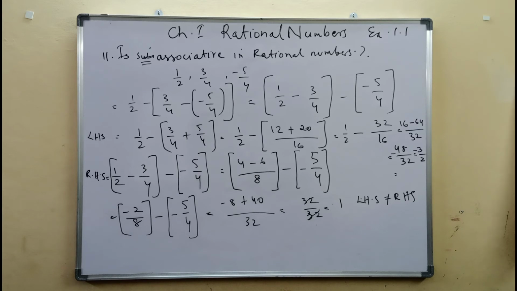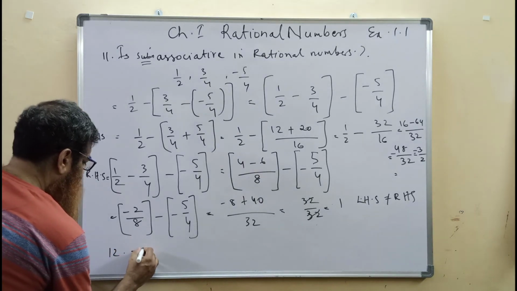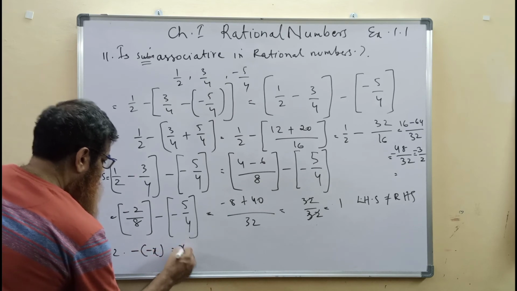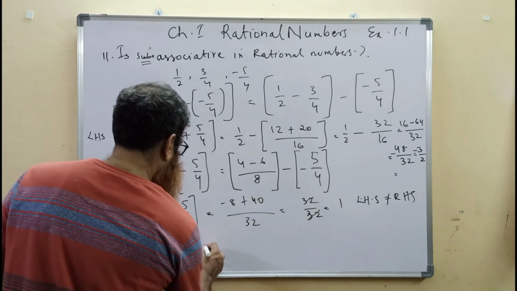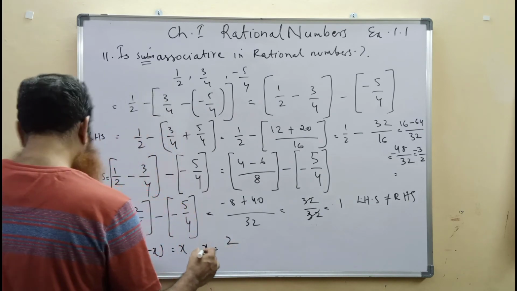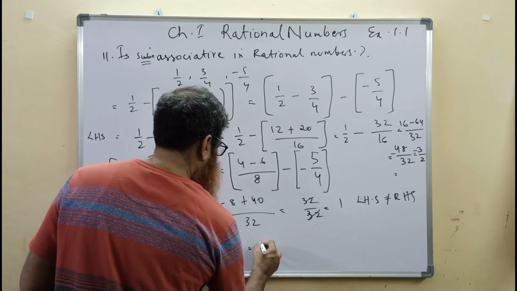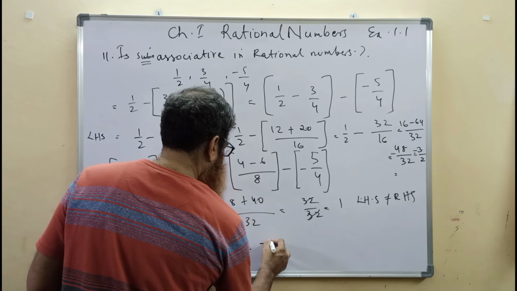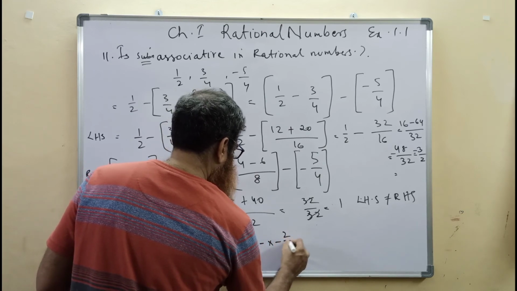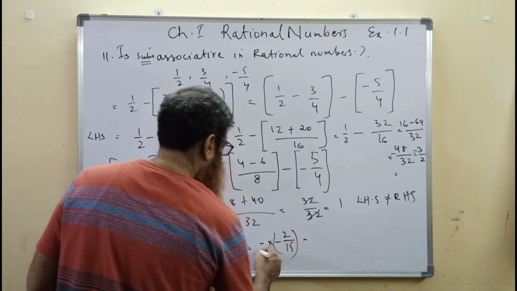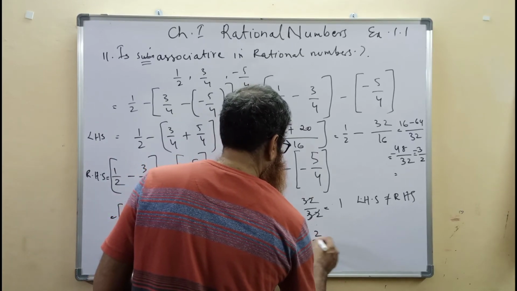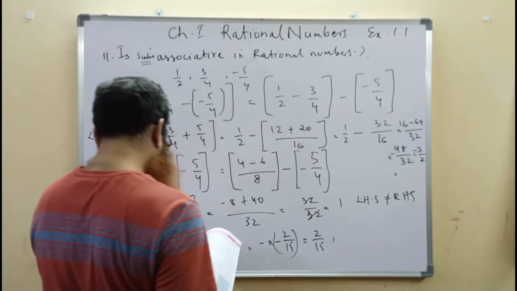Now for the 12th question, verify that minus of minus x is equal to x. For x is equal to 2 by 15. Let's try it. Minus into minus 2 by 15. We know minus into minus is plus, it is equal to 2 by 15. The next example, x is equal to